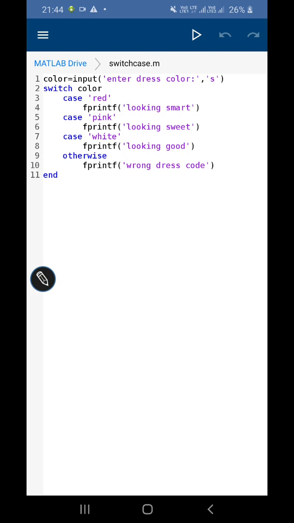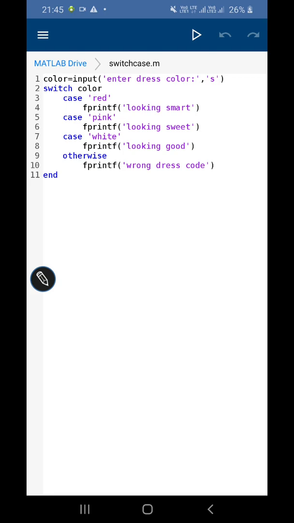Then the second case is pink. If the user enters pink, then fprintf 'looking sweet', and that person will get this message. In this way you can add more cases and get the corresponding messages. Otherwise, if the user enters some other value than what is mentioned, he will get the message as wrong dress code.